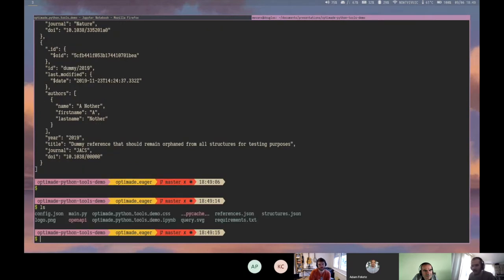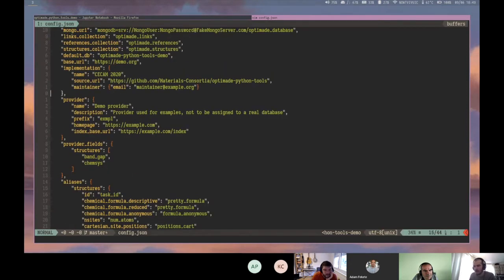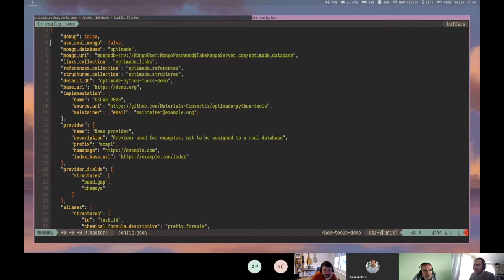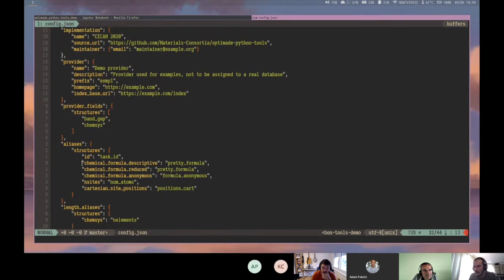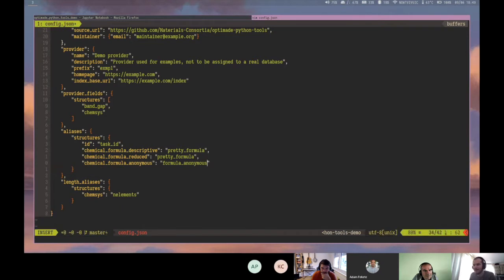And what we're going to do is quickly go through this config file, which I'm pretty sure I'd already set up. So yeah, I changed the implementation to just like CCAM 2020 or whatever. We're not going to use a real Mongo, we're just going to do it in memory. And we have these aliases set up already, so this is what I should have added. Pretend I hadn't written those. So the only difference in our case is that we need to set up the alias to n sites, which